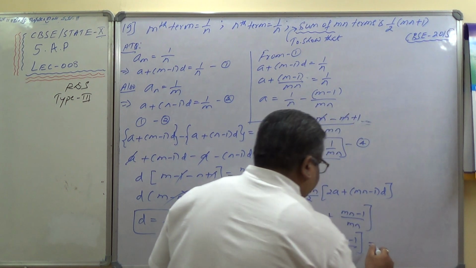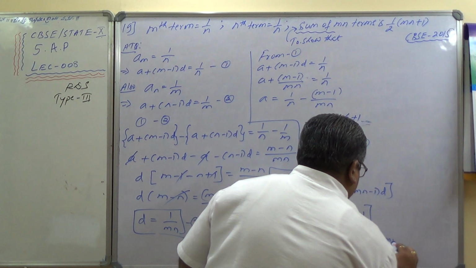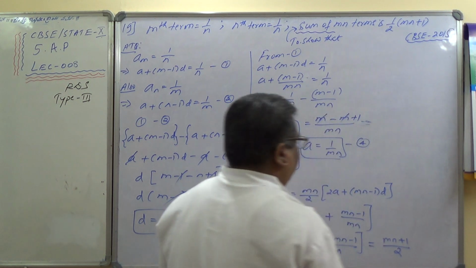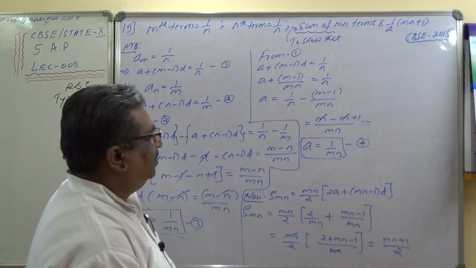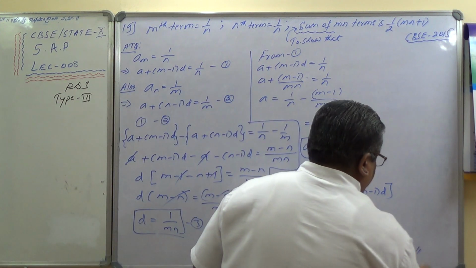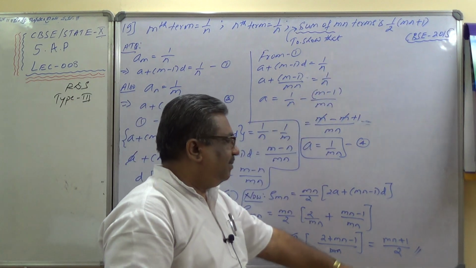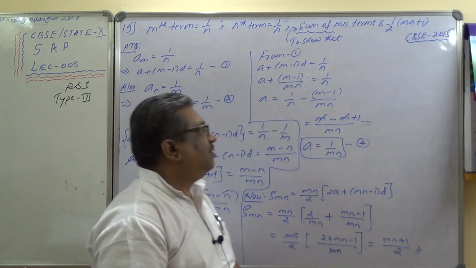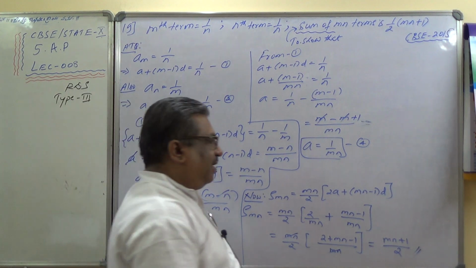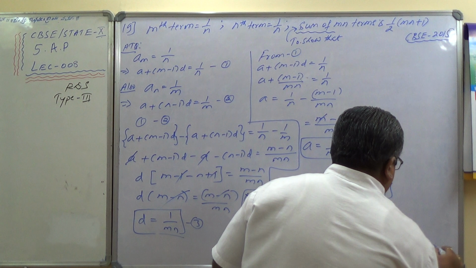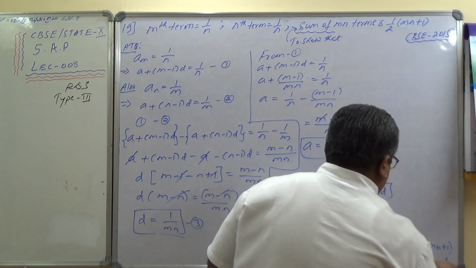This is (mn plus 1) divided by 2. Is it the one which you have to prove? Correct. Which is equal to, hence verified. Check, that is half times (mn plus 1) is nothing but (mn plus 1) by 2. So we have proved this one. Or if you want, you can further also write it as 1 by 2 times (mn plus 1).